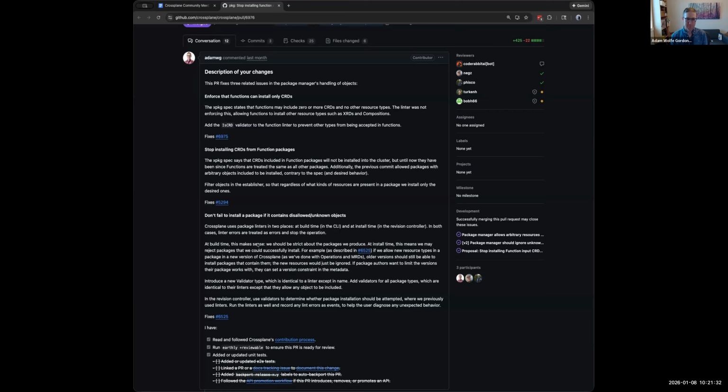And Adam, do you, off the top of your head, know what that fix is? Is it to change the function logic so that it doesn't expect the function CRD, or is it getting it into the control plane in a different way? Right. I think the plan is to get it into the control plane in a different way, but I'm not 100% sure. I'd have to go and look. It's the AI Stratus Transformer function that we have.